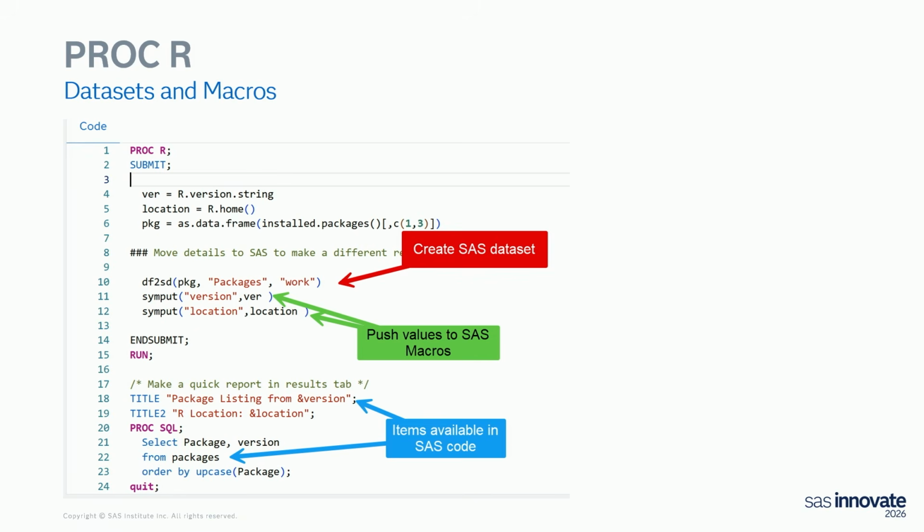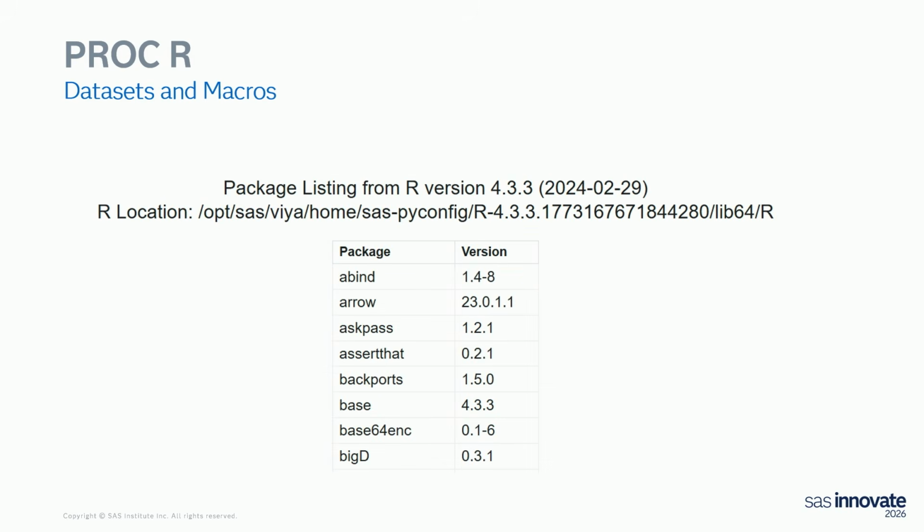And then take these two macro variables and stick those into SAS macro variables, so the version is going to go into a SAS macro variable called version. Location goes into one called location. And then here's my SAS code at the end. So I'm actually saying, grab that macro variable we defined up there, grab the location, and just print out the list of packages for me. And so when I run that, that's what I'll see, right?